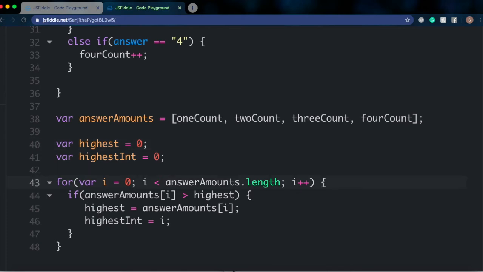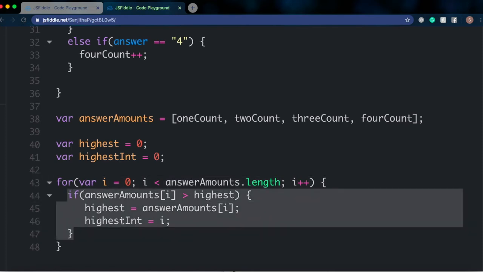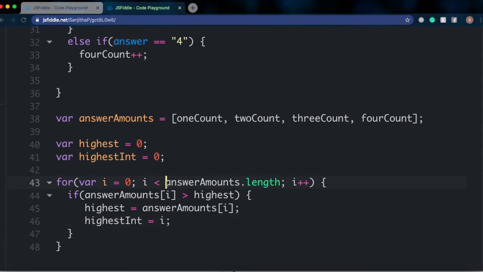This is a loop. A loop is simply going to repeat whatever instruction is placed inside a certain amount of times. In this case, it's going to run 4 times. That's what this line basically says. And then here we've said, this is how we've accessed our element from our array, answer amounts. And then here it says I instead of a number,